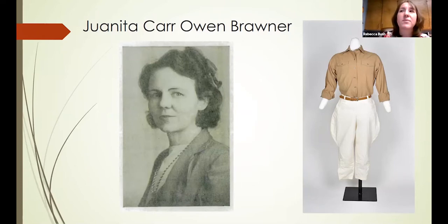So this is a fun story. In 2003, Juanita, who was quite elderly at that time, and her daughter chose to donate some articles of clothing from their family to the museum, including the pants that you see here. And the story that Juanita Brawner and her daughter told us at that time was that these were kind of work breeches, work pants that she wore in